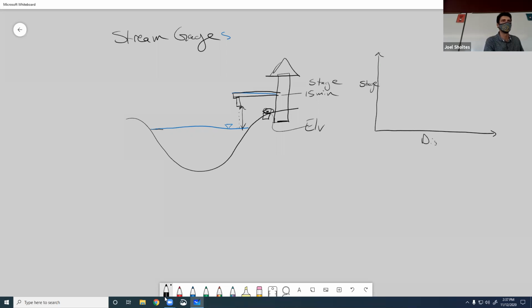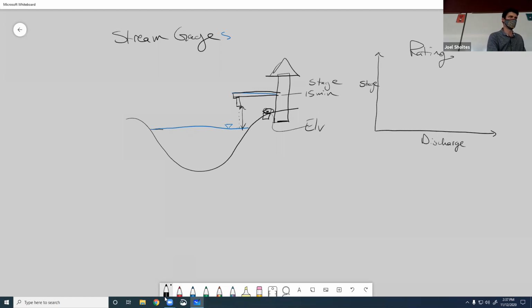But in linear regression, stage is going to be our independent variable and discharge is the dependent variable, the one we want to try to predict. Usually that goes on the y-axis, but this is the way we visualize rating curves. So you have to develop a rating curve, and each USGS gauge has a rating curve that's developed from point